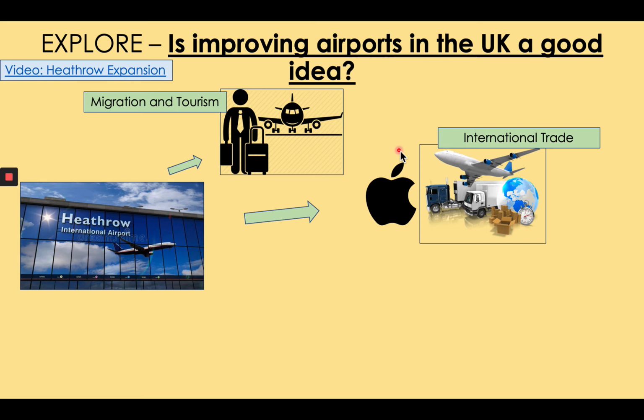Second, perishable goods, which means goods that go rotten, food, need to be transported by plane. The UK imports more than 40% of its food because of this reason. If you increase the capacity of the main airport that this food travels through, you reduce its cost and you increase the amount of it that can pass into the UK every year. This would increase the demand for food and therefore lead to more choice for customers in supermarkets and more international